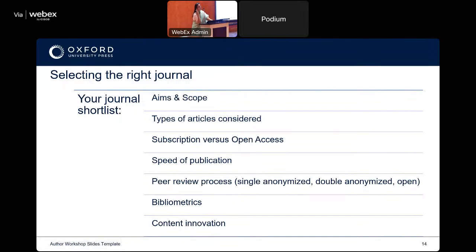I will have to pay the publisher. That is the author processing charge. As an author, you have to pay. But that does not mean you will write Jack and Jill Went Up the Hill and OUP will publish it. Even if it is open access, it will still go through the same rigorous process of peer review. It will still go through that same process.